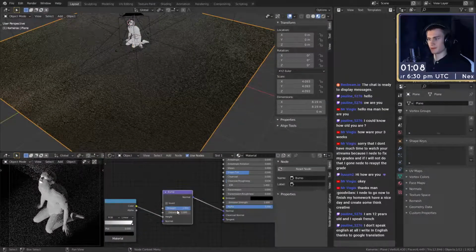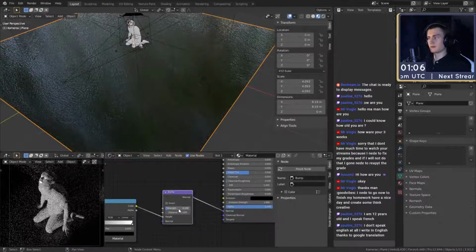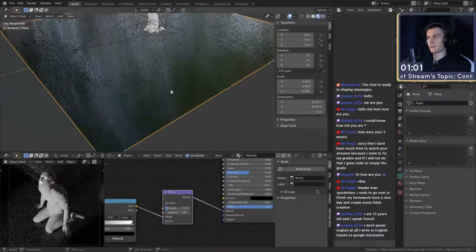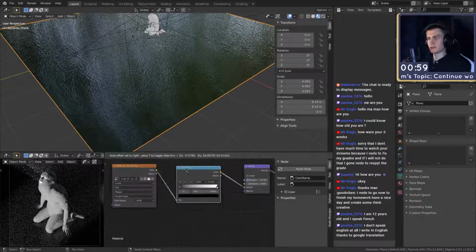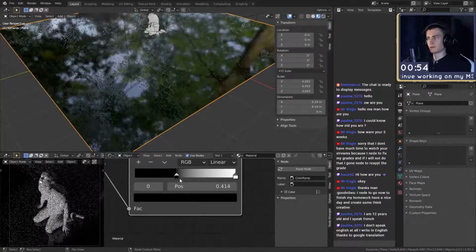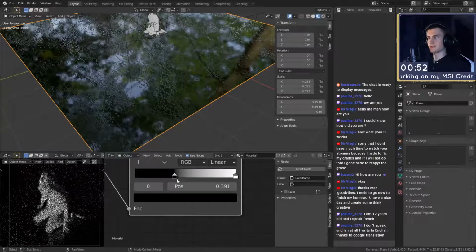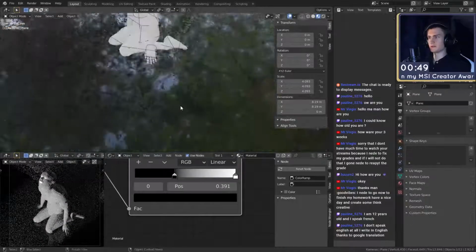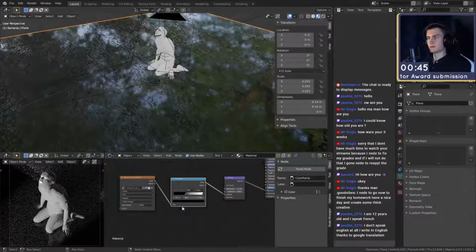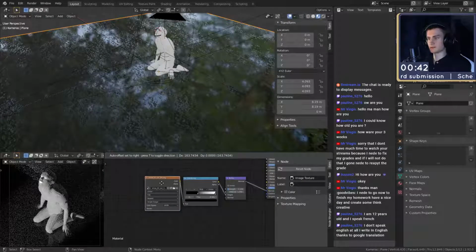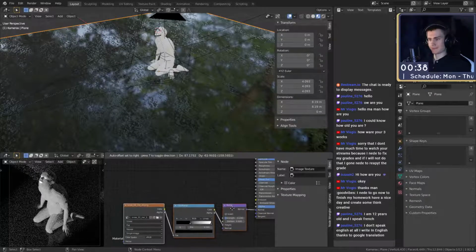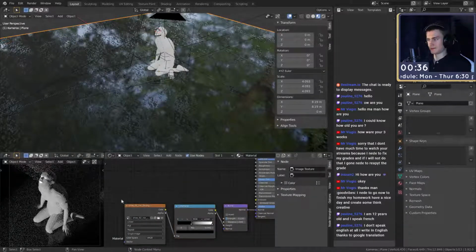That's pretty rough. How about putting this to something more like 0.1? Still pretty rough. Also, one thing I want to change is probably let's bring this a little bit higher so we have some. Ooh, that's better. Just a few bumps in there, probably better than everything being bumpy. Because I kind of want to keep the glossiness in there. If I use a super rough map, it looks kind of weird. Okay.